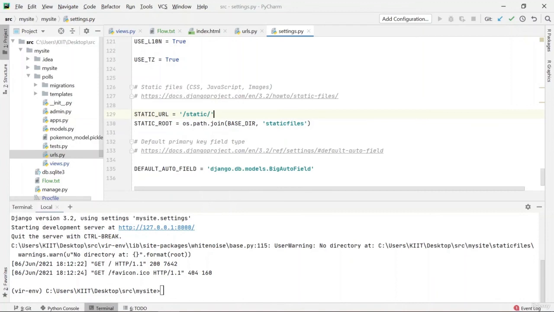This code is basically telling Heroku that if there are any static files in my project, then make a static files directory and put all of that inside. So static files are basically CSS, JavaScript, images. There are other types of static files also. You can look at the docs here and you would understand more about static files.